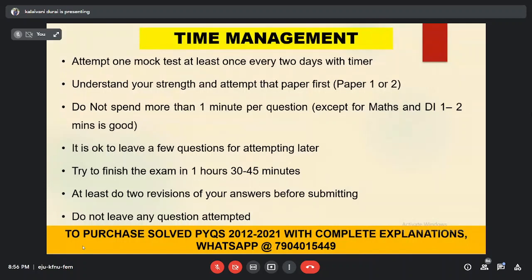Next, this is my personal suggestion. It depends on you, but it is ideal to finish your whole exam in somewhere between 1.5 hours to 1 hour 45 minutes. Only if you have this mark when you do PYQs, if you're sticking to this timeline at your home, in your convenience, if you're able to do a paper in 1 hour 45 minutes,